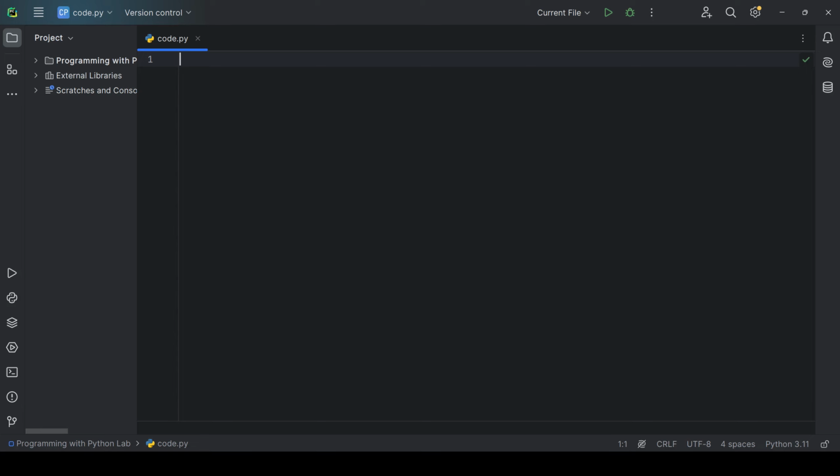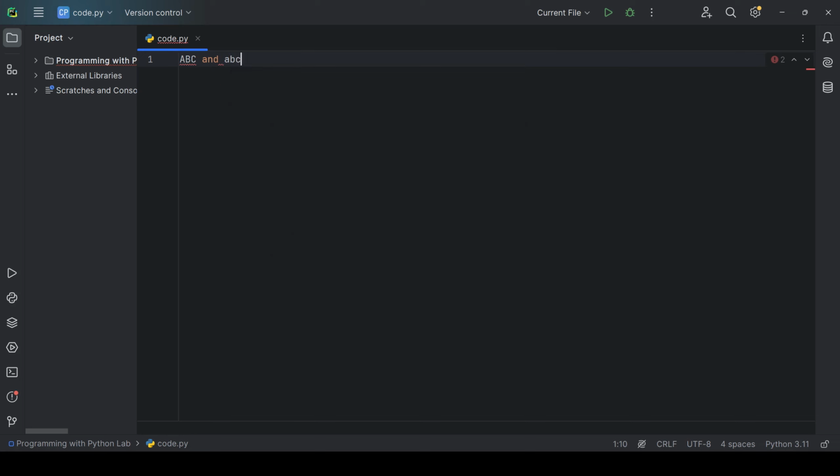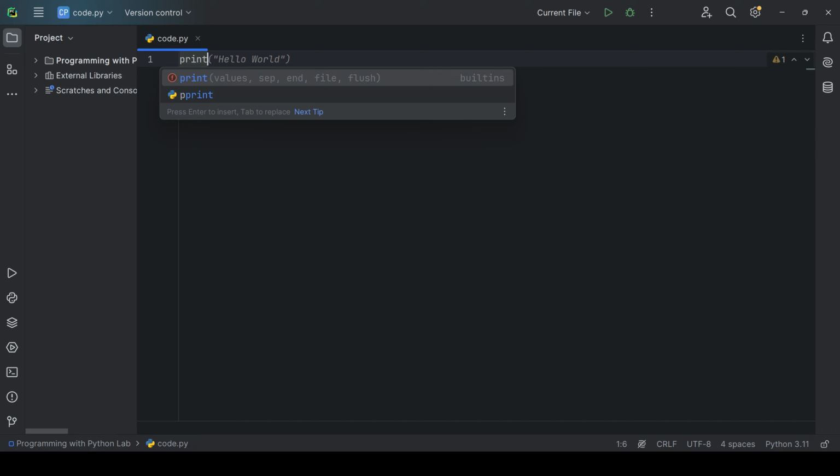And Python is case sensitive. When I say Python is case sensitive, it means uppercase ABC and lowercase abc are totally different. Python treats them as separate things. That's why the keywords used in Python are subject to this as well. In Python, by default, every keyword should be in lowercase, which means small letters, not capital. So in order to print something on the screen, we just have to use the keyword print, and